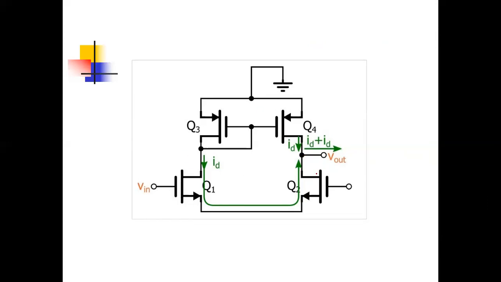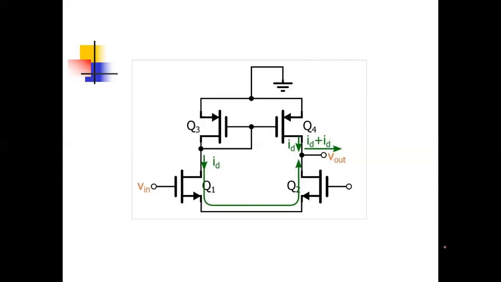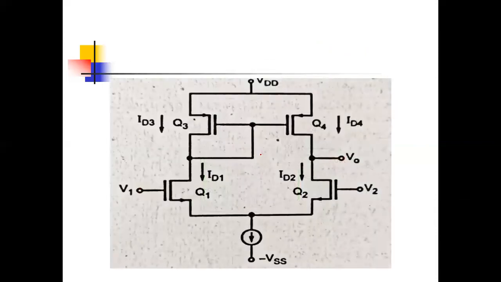Again, listen carefully. Whatever the output voltage, which is I into R, what happens if we are not using the current mirror and we are taking output from one terminal? Then we will get output just half. But if we are using the current mirror, we are getting double current. Due to double current, what will happen? The double and half will be cancelled. I will get the same gain. You understood the concept? So that's why we use the current mirror as an active load.